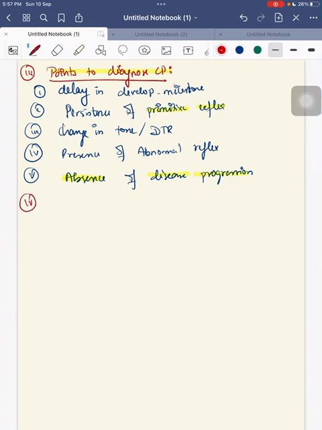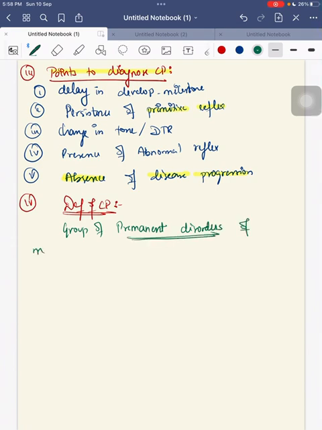And next, what is the definition of cerebral palsy? For the definition of cerebral palsy, you cannot change a word from the Nelson textbook. This is a group of permanent disorders of movement and posture that causes